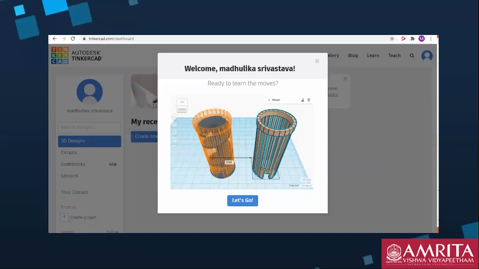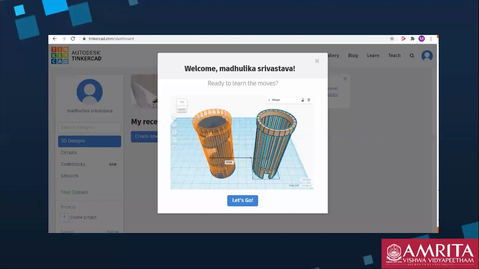For 3D printing, ultimately you will export this in the .stl format. .stl is the extension, like whatever file you save as a Word document, you get .doc written over there.